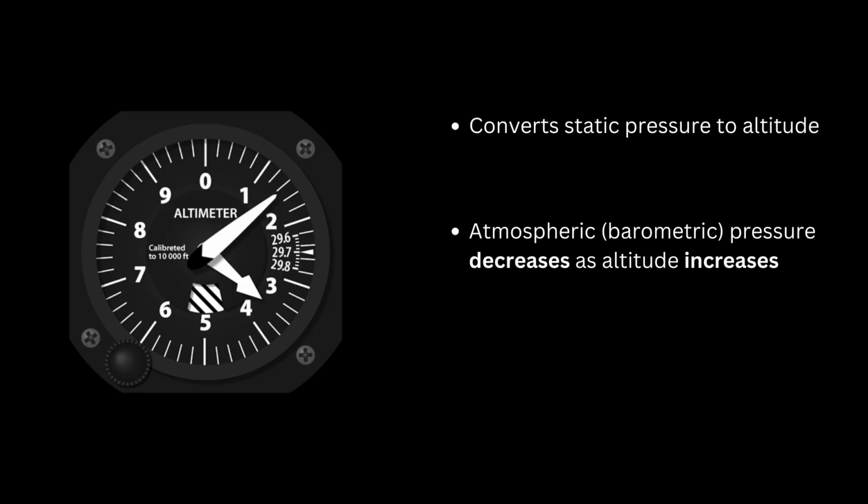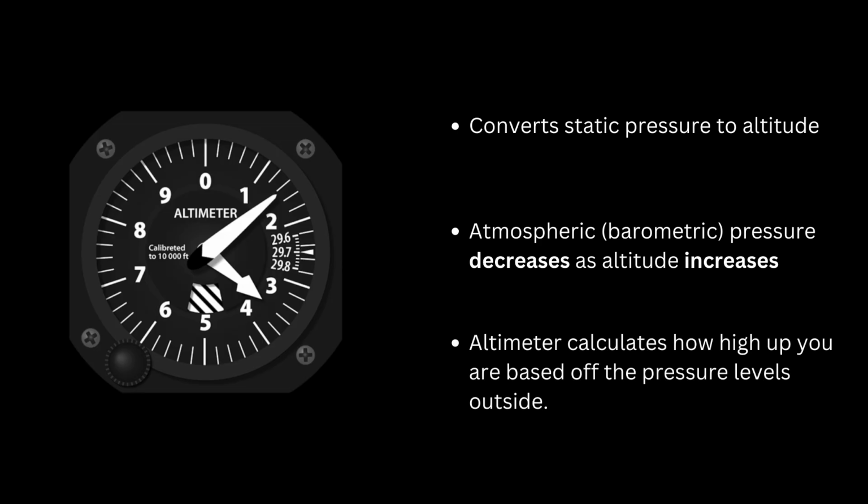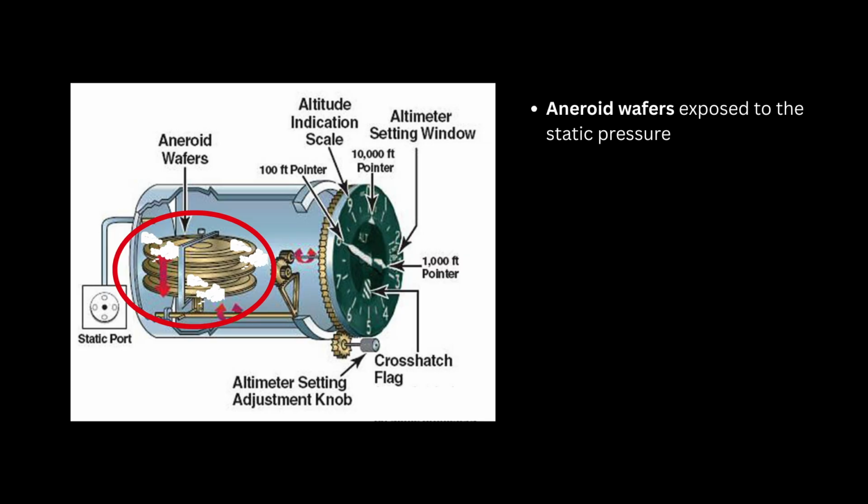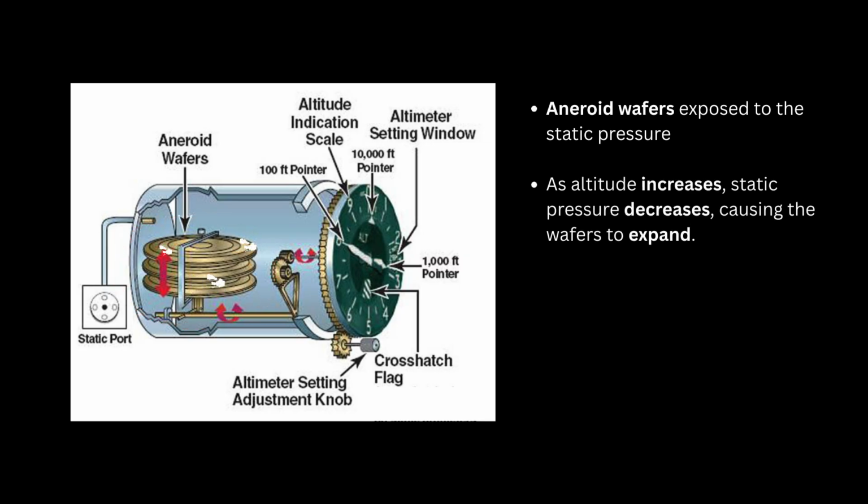As you climb higher, air gets thinner and pressure drops. The altimeter works based on this principle. It deduces how high you are from sea level based on the pressure outside. The outside of these aneroid wafers are exposed to the static air pressure. In a climb, static air pressure decreases, and therefore the pressure inside the wafers is relatively higher, causing them to